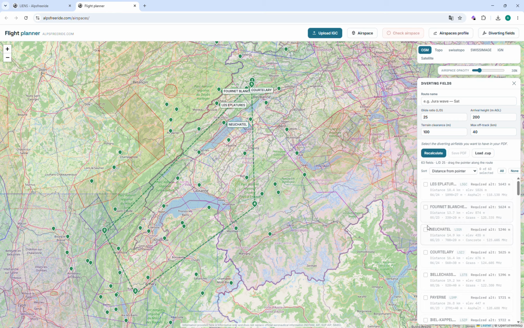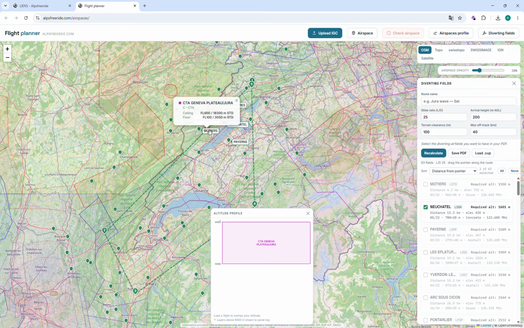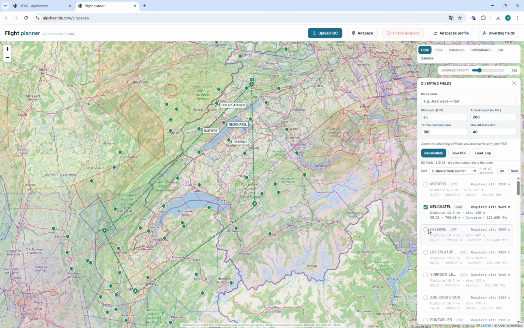So we will see, of course, Courtelary. Then we will have Neuchâtel for that example. Then if we go down here, we will have Motier becoming available, so we can pick Motier, and then we will have Yverdon. And if we continue our flight down there, we will have Montricher as an option, La Côte, and then just going around quickly here, we will have Bellegarde, for instance, and then up here we will have